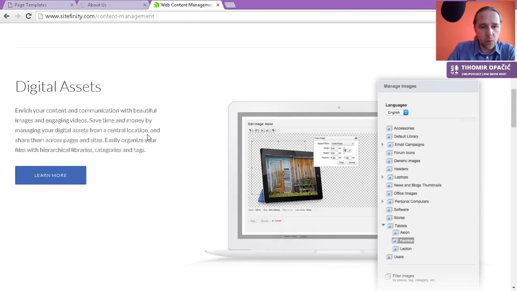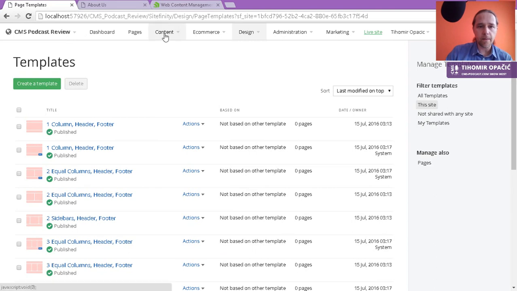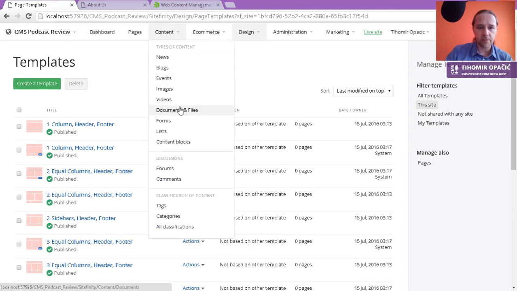But what's really important at the company level is digital assets management, or DAM for short. It's that important that companies often buy separate software systems to manage their digital assets. And with Sitefinity, you get your own DAM structure in a package, so to speak. So if we navigate to, say, the documents and files section,